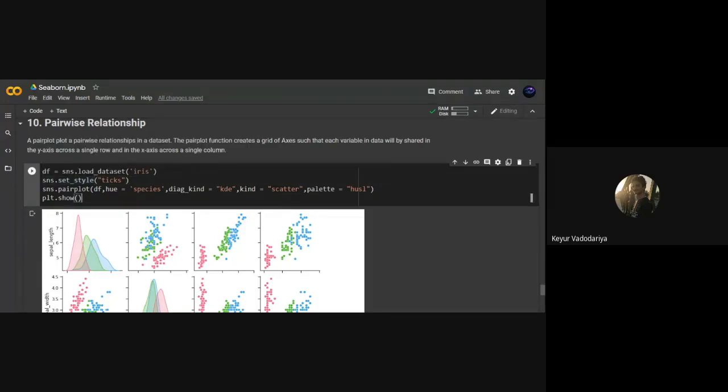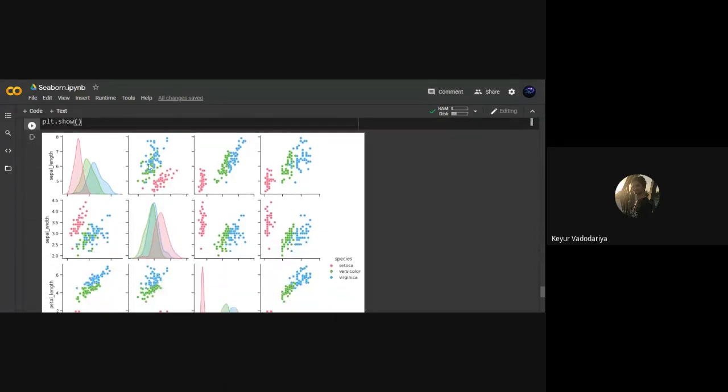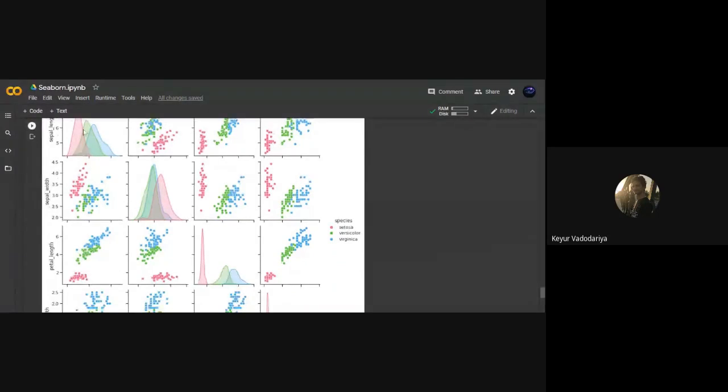And for plotting the chart, we have sns.pairplot. We have to specify our data, that is df. We have to specify the hue, the data on which we want to distinguish our observations. We have to specify diag_kind, that is what kind of plot we want on our diagonal.